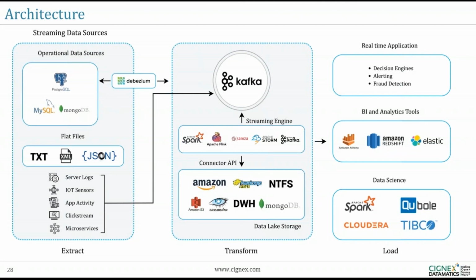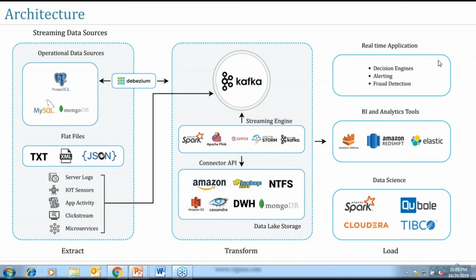That gives you a capability where you can process the data, find out what you are interested in, and then push it to another application. So with a streaming engine, typically we have two ways. Either you push the data to other applications which are expecting more fine-tuned data, or you store it in a data lake storage, which can be a typical NoSQL database, or the file system, or any other data source which a typical organization is using. So once we process the data, the fine-tuned data will either get stored into a database, or you push it to a real-time application.